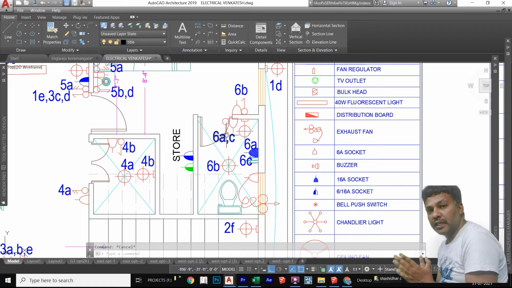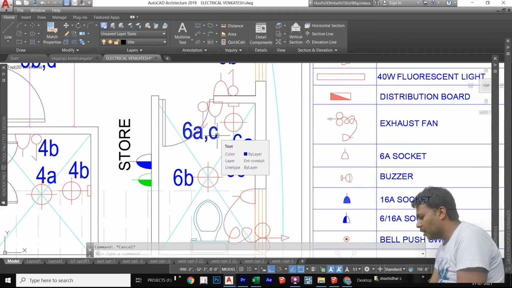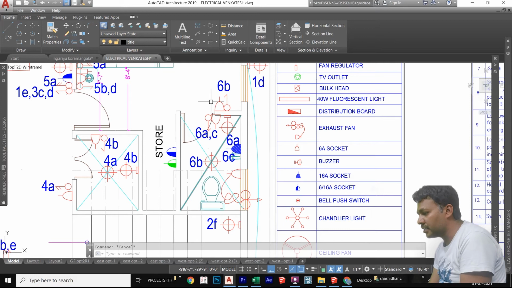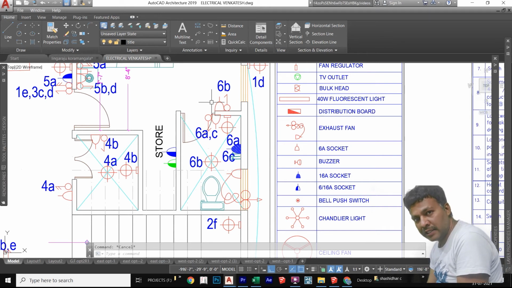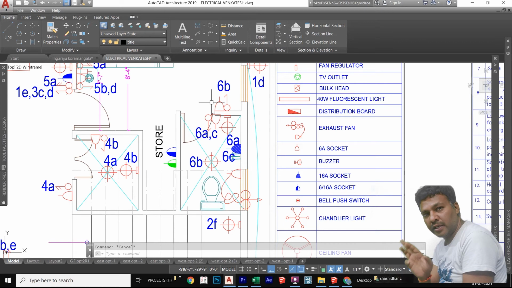So usually the geyser point and the ceiling light point, geyser point and mirror light is inside, and the exhaust point and the toilet light point, ceiling point we will give outside. So before opening the door of the toilet we can switch on and enter, and geyser also we can switch on outside only.